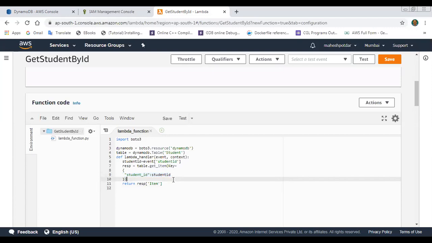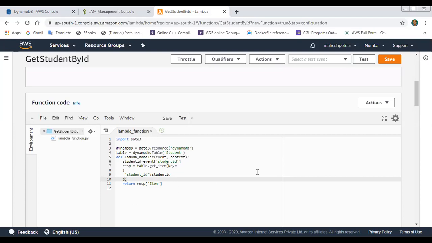If that student ID is found in the DynamoDB table, then you retrieve the item, meaning the full record: student ID, student name, and student address. This is the Lambda function which is used for retrieving the data based on student ID.